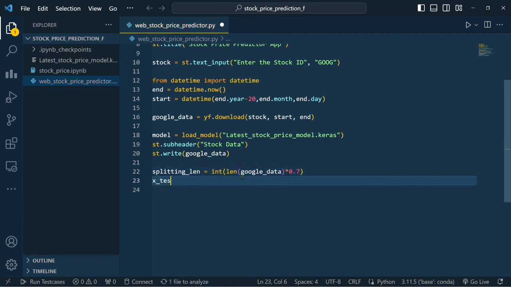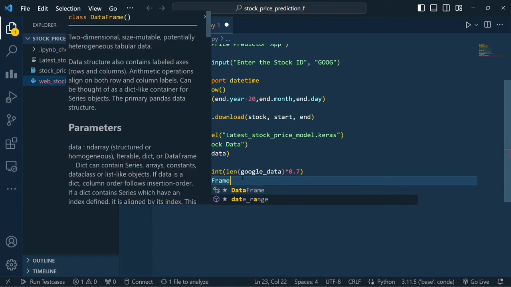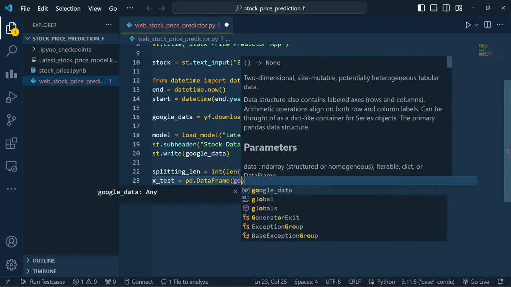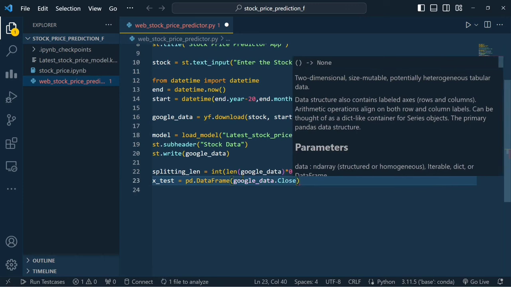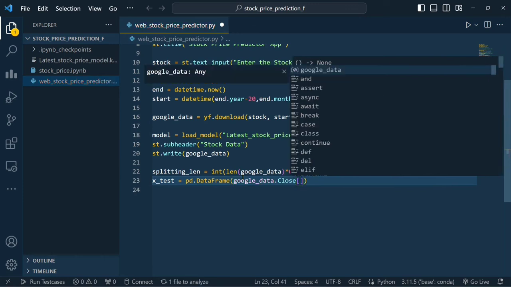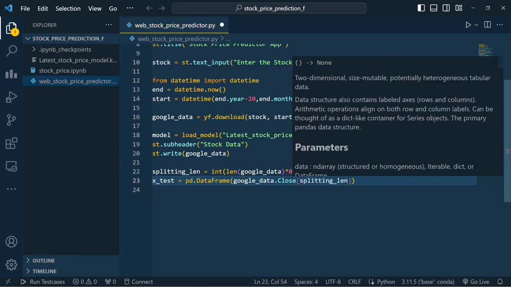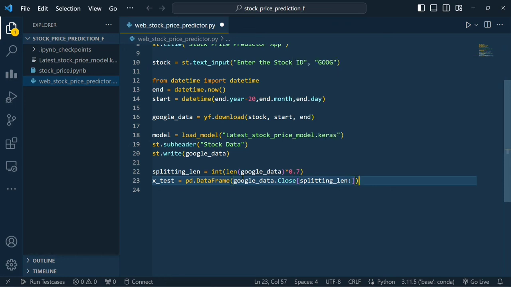I can take x test from this variable. I can take x test pd dot DataFrame of Google data, but I want the close price values. I can even take the adjusted close price values, but let's take the close price values because they are almost the same. I can say they will be the same every time. This is the 30% data I have taken,